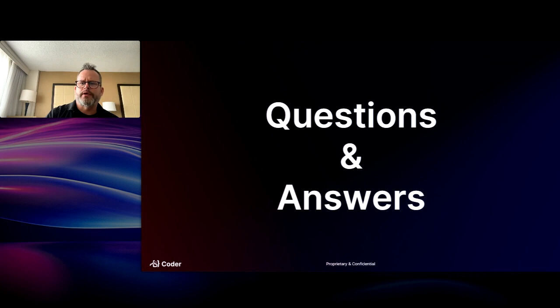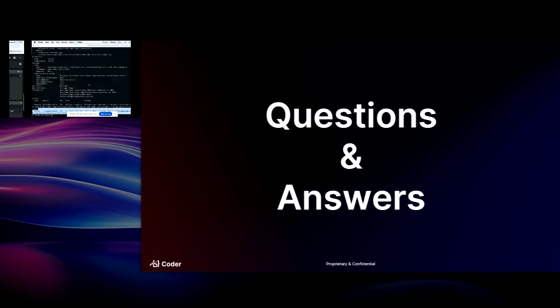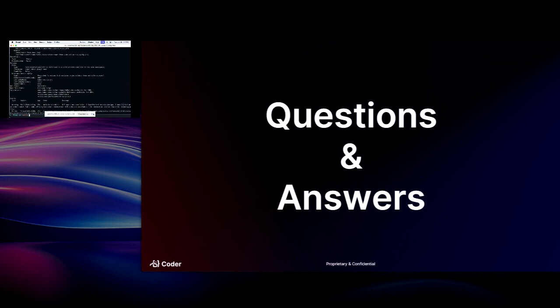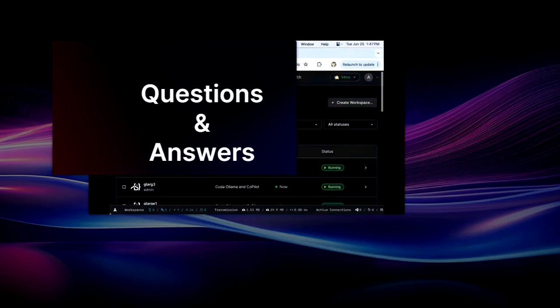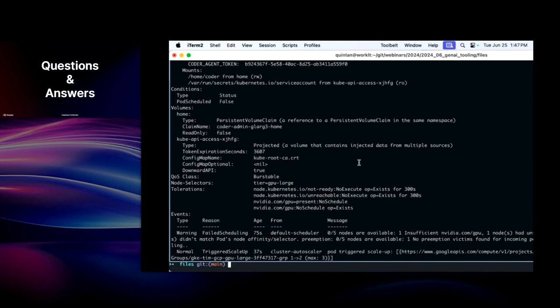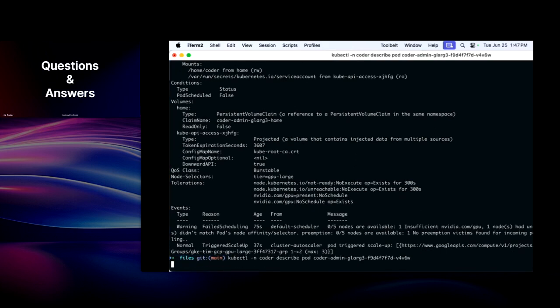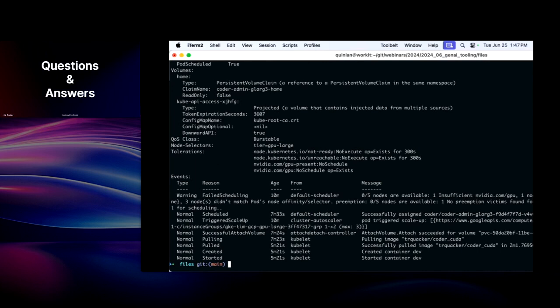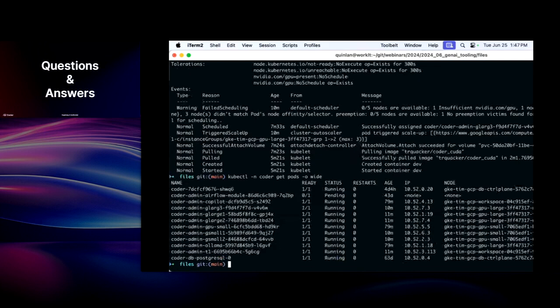Actually, let's take one quick peek back at our demo. You can see all those workspaces are up and running. Now let's take a look and see where they all landed. Well, we had one problem. Oh wait, this is not what I'm looking for. So, there we go. Now we can see that there are a bunch of